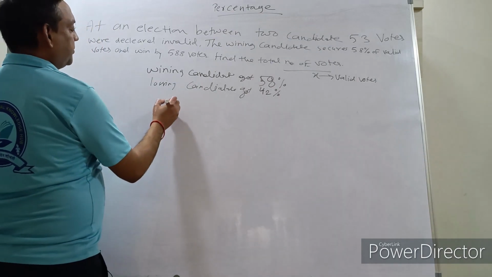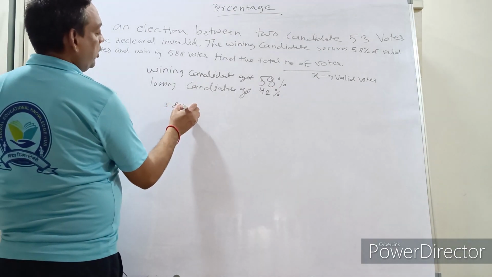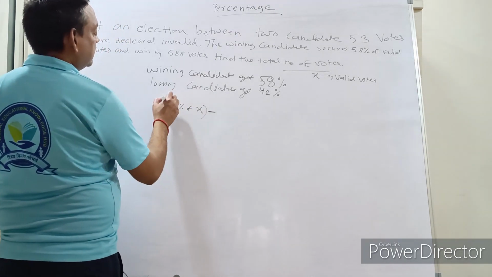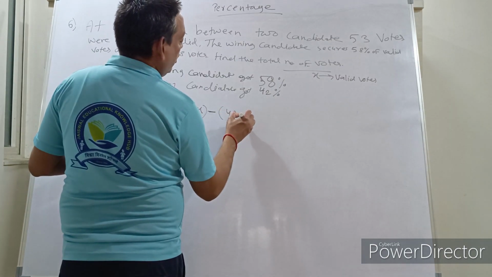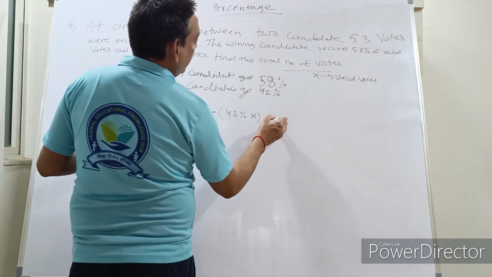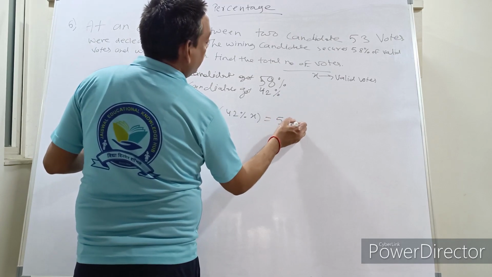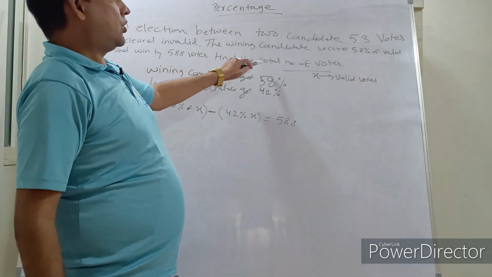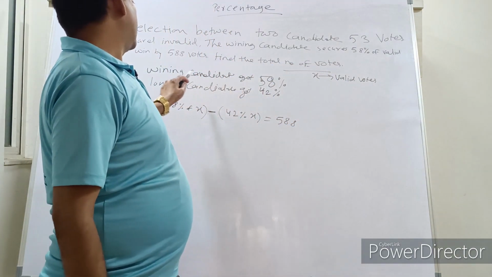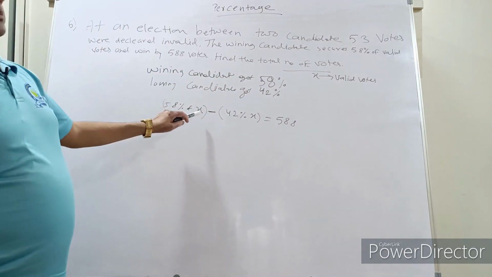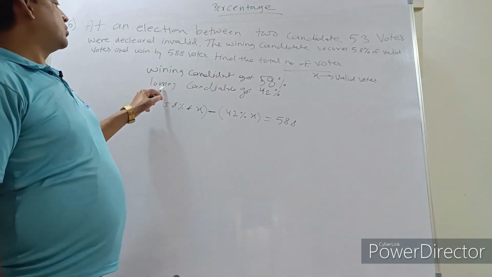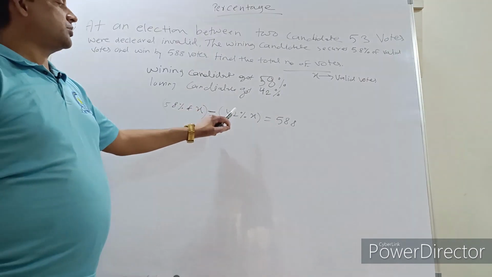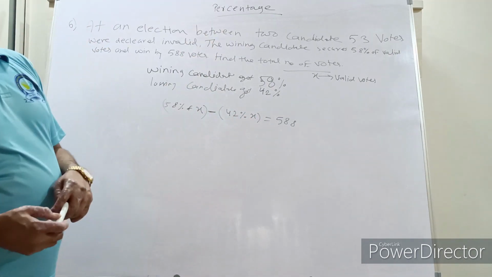So 58% of valid votes, that will be X, minus 42% of valid votes will be how much? He won the election by 588 votes. Only this is the important thing here. So let the number of valid votes be X. So the winning candidate will get how much? 58% of X, and the loser will get how much? 42% of X. So 58% of X minus 42% of X is the difference between the votes of both